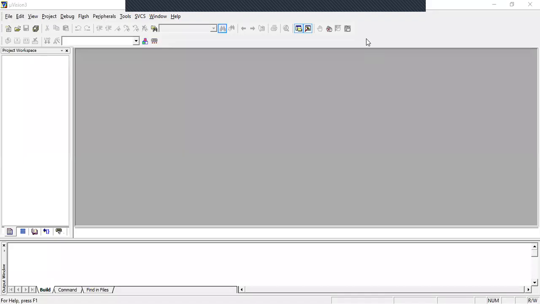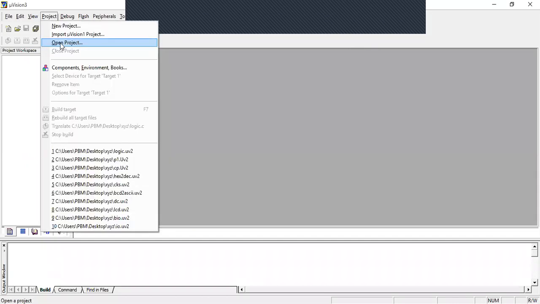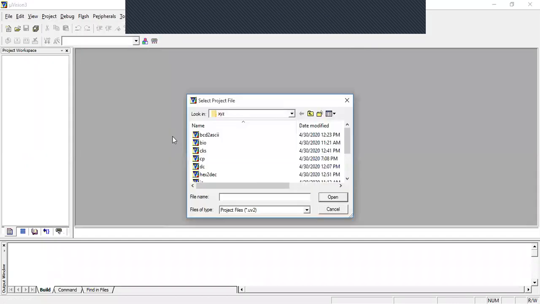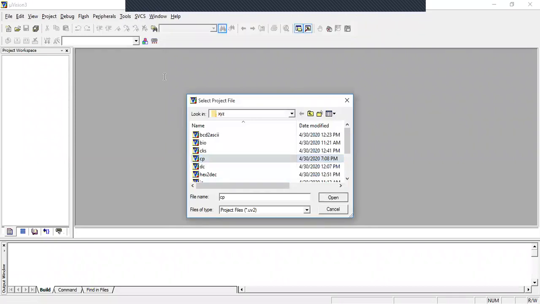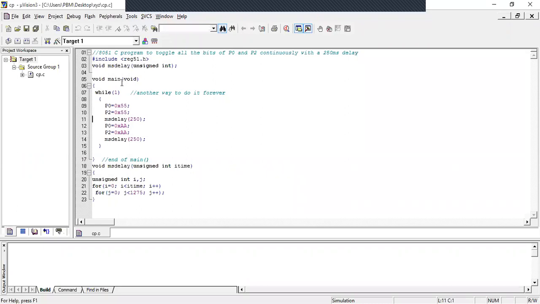Hello students, today I am going to execute a few 8051 C programs that we have discussed in video number 3 on this topic. First, let us see a program on time delay. I am going to execute them in the Keil compiler. First, I'll open the programs. I have already typed the program just to save time.